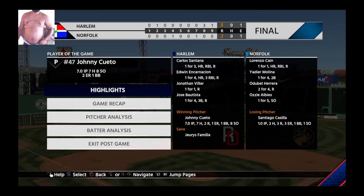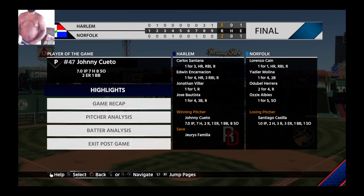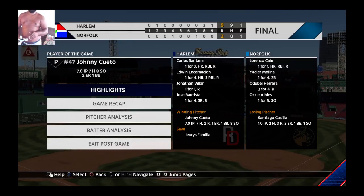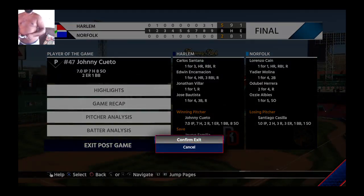Fans, our final line score. First, for the victorious visiting team, 5 runs on 9 hits. With 1 error, they left 5 men on base. For the home team,